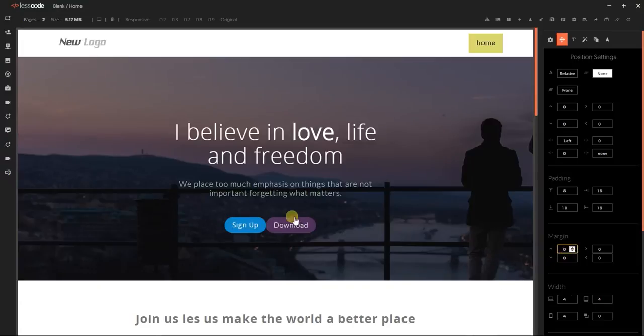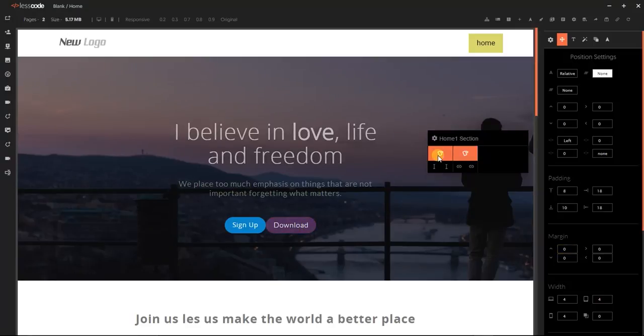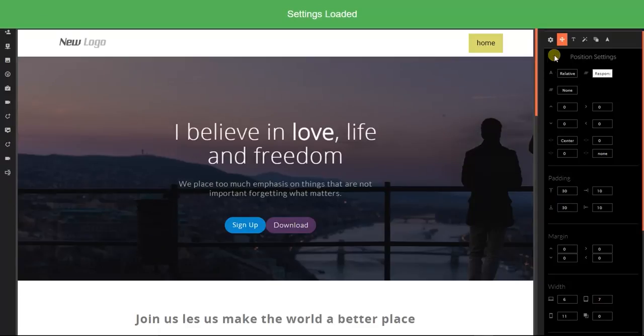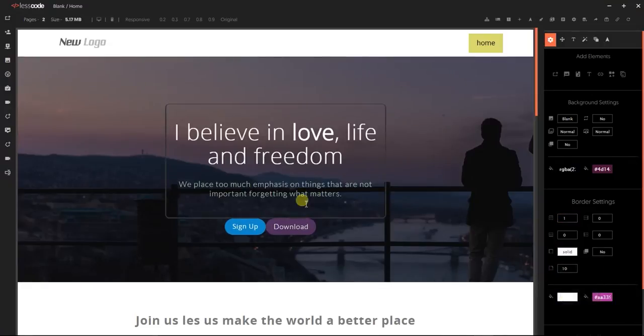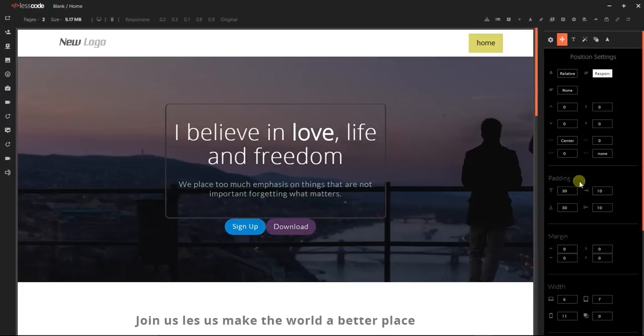So the margin is the distance between elements. So the margin of this element is the distance on the outside of the element to the next element. The padding is the distance within the element, that is from the edge of the element to the text in here. If we're talking about margin for this block, then the margin, as you can see here,